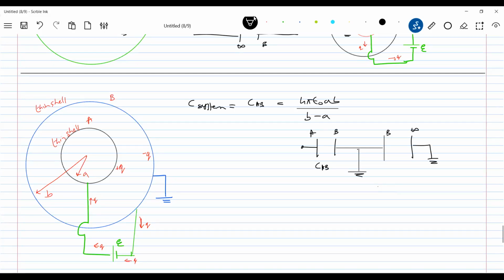Okay, now look at this. It is as good as. What is CAB? It will be only this much, no? Capacitance of the system will be